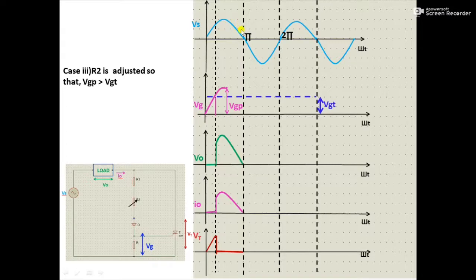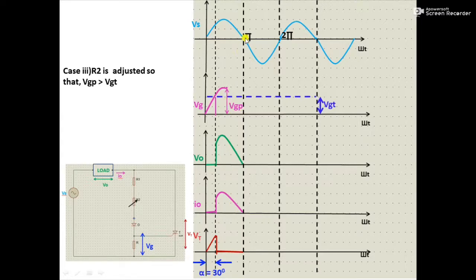Now when the supply voltage reaches this instant pi, what happens? Current flowing through the thyristor becomes 0, and that is why the thyristor turns off. Before that, let us see something here. These two arrows are showing our firing angle. Here the firing angle is 30 degrees. So you can see the turning on instant of the thyristor is less than 90 degrees. This would be 90 degrees, which was in the earlier case. In this case it is less than 90 degrees. So here your turn on angle or firing angle alpha is less than 90 degrees. We have considered it as 30 degrees, so alpha is equal to 30 degrees here.